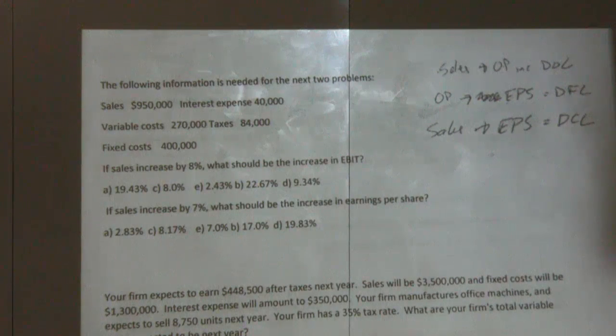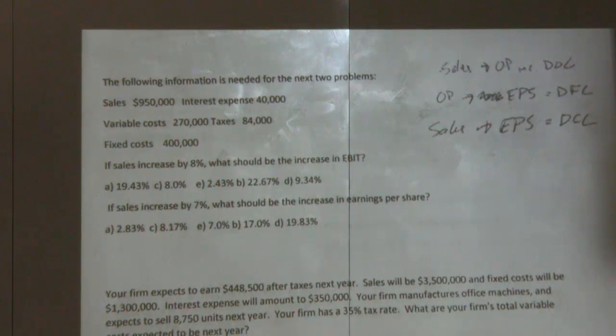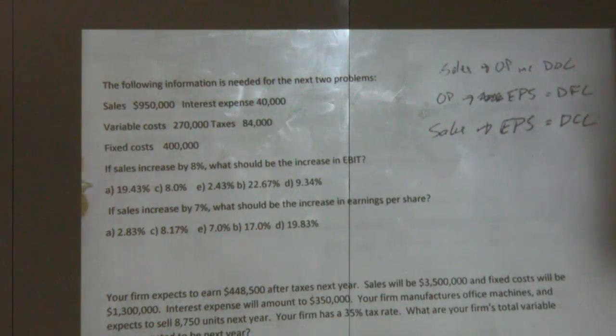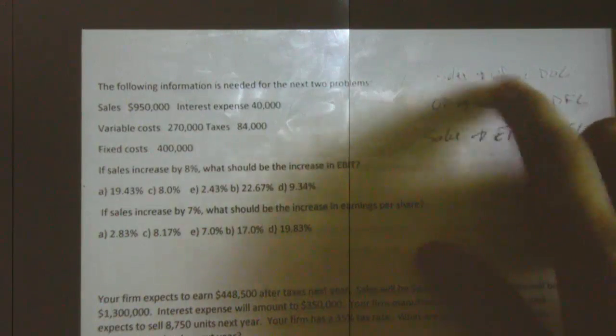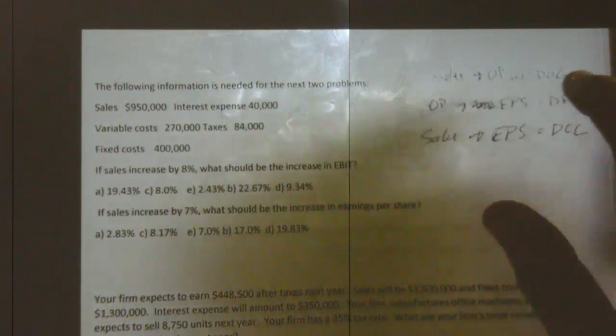This is also going to be based off formulas you'll be given, so don't worry about memorizing anything. So yeah, number one. If sales increase by 8%, what would be the increase in EBIT? So here, we're going to use our sales to operating income. So we're going to use our DOL number. And the DOL number would be